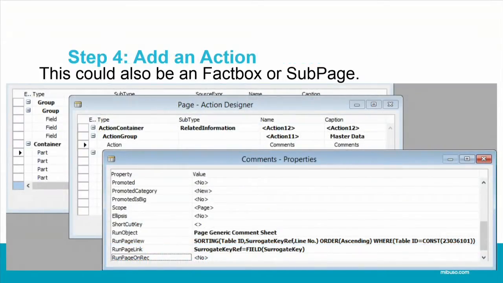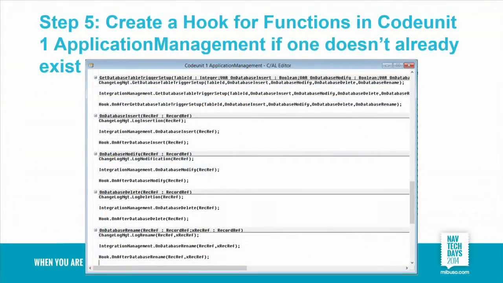And I just add my link on my fact box, and that's the only step you need to do in any future, once you have done the other steps, except, of course, adding the auto increment key. And of course, you need to have the hooks. If this is the first time you're implementing a new pattern, you need to make sure there are hooks, and of course, we've got to promote the hooks. Waldo is crying if you don't promote the hooks a little. So add the hooks, but again, this is only the first time.